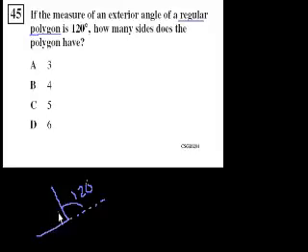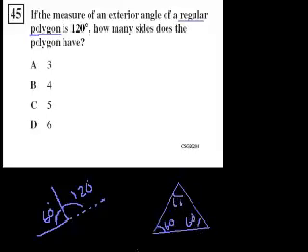That tells me that the interior angle at that vertex is 60 degrees, right? It's the supplement to the exterior angle. So what regular polygon has all of its angles equal to 60 degrees? Well, the equilateral triangle, right? Regular polygon, all the angles and all the sides are congruent. So an equilateral triangle, looking something like that, would do the trick. It's a regular polygon, all the sides are the same, and its angles are 60, 60, and 60. So when they say how many sides does the polygon have? Well, it has 3. It's a triangle. And I'm out of time. I'll see you in